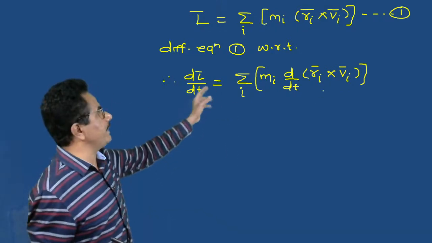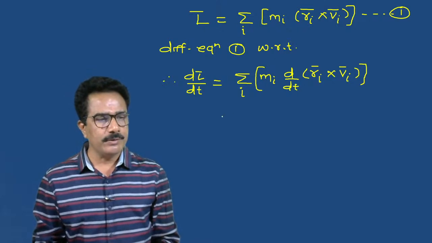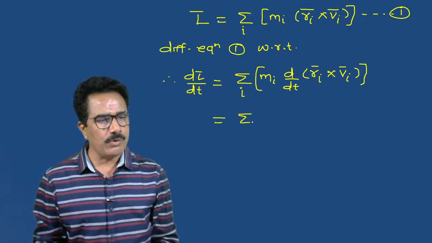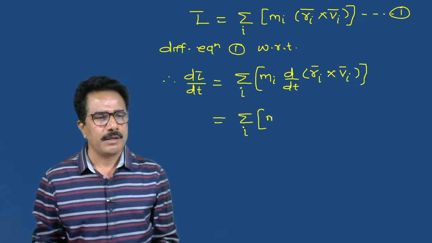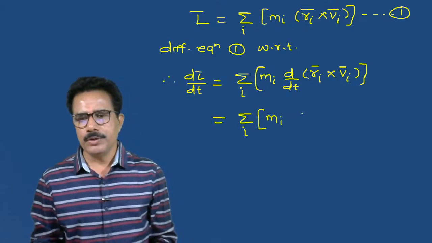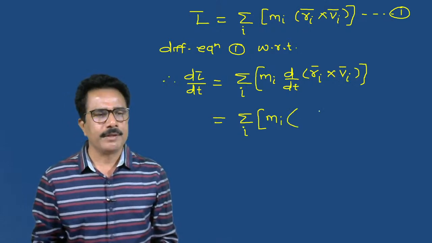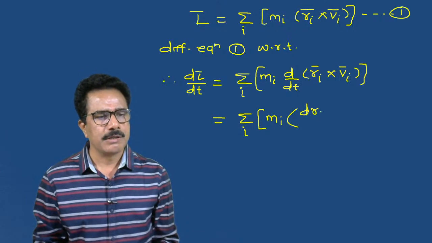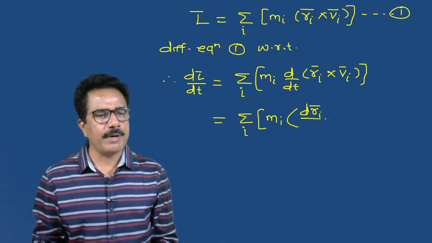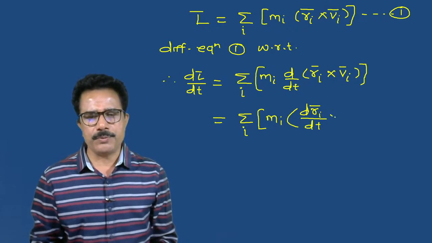Now use the product rule of derivative here. What is the product rule of derivative? So summation over i of mi into, derivative of first, second as it is, dri bar by dt, second is vi